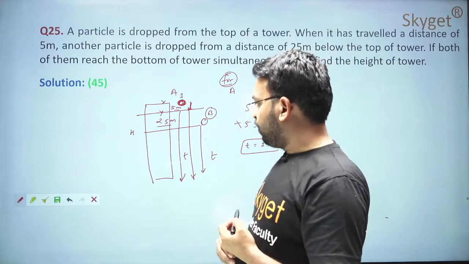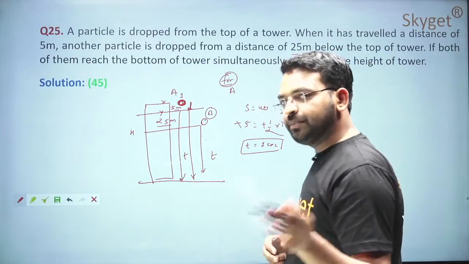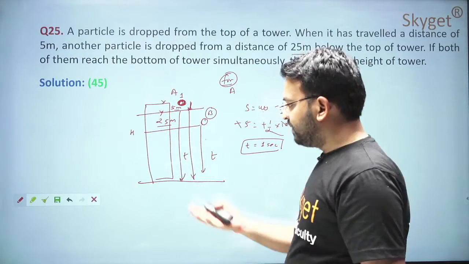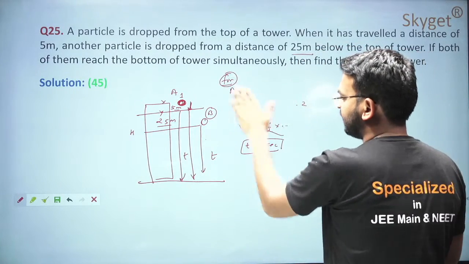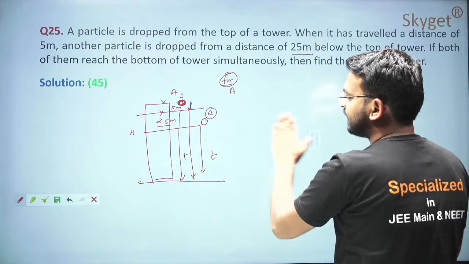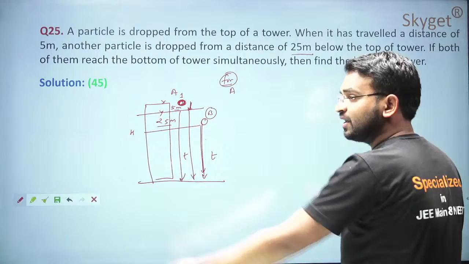Understand? So they are saying that both of them reach the same height, or both of them reach the ground at the same time, right? So what equation can you use from here? You can say that if one is taking time t, the other must be taking t plus 1 time,